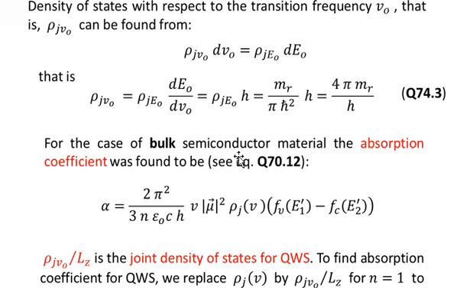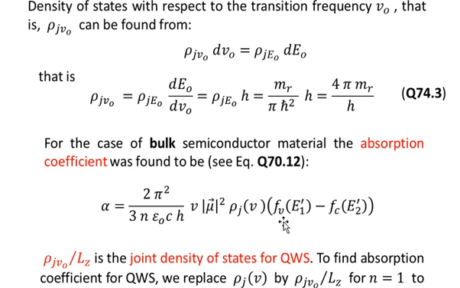For the case of a bulk semiconductor material, the absorption coefficient was found to be. So you see that now we are specifying for the bulk semiconductor material, which we have already calculated, and for that one the absorption coefficient was alpha equal to 2 pi square over 3n epsilon naught ch multiplied by nu, that is the frequency of the beam, multiplied by absolute square of mu, which is the electric dipole moment over here, and then the rho j of nu multiplied by, within parentheses, we have fv of E1 prime minus fc of E2 prime,